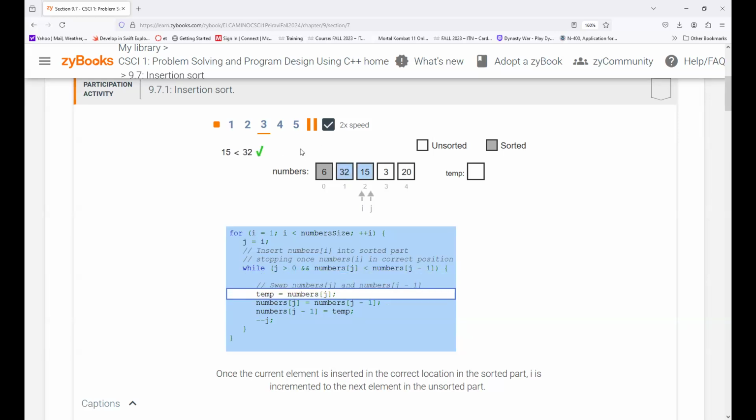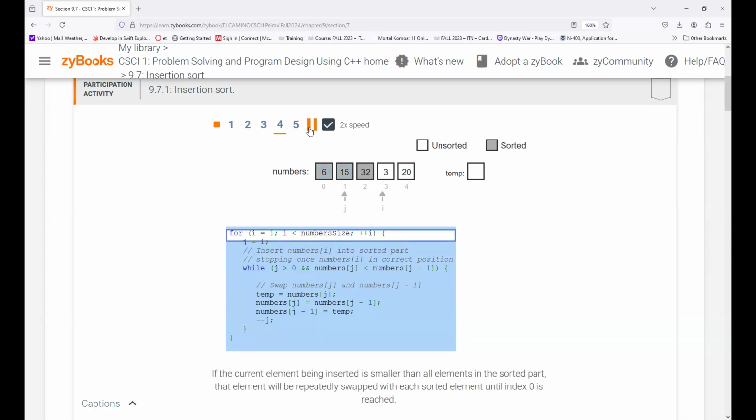We compare 32 and 15. Since 32 is greater than 15, we insert 15 before 32. Since 15 is less than 6,